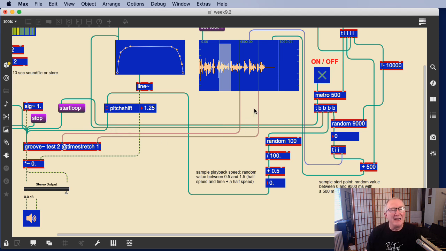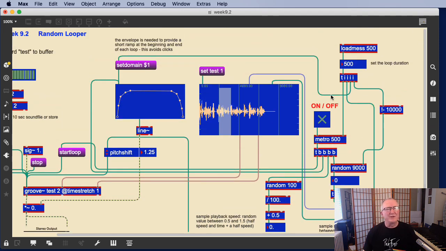Okay? And the other thing I do with my metro is I bang the start loop. What the start loop does is it will actually start the playback at the loop points. All right. So what's going to happen, what should happen, and let me just go back here